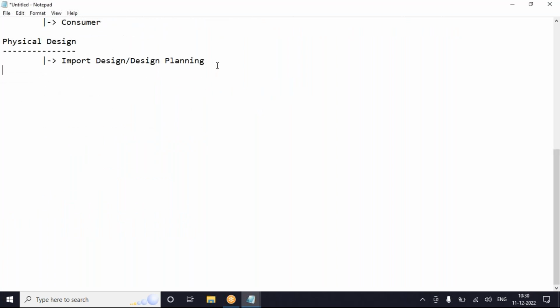Now coming to this particular concept of physical design, first step, according to the level of the project, how many people I will require. That means according to the criticality of the project. So for